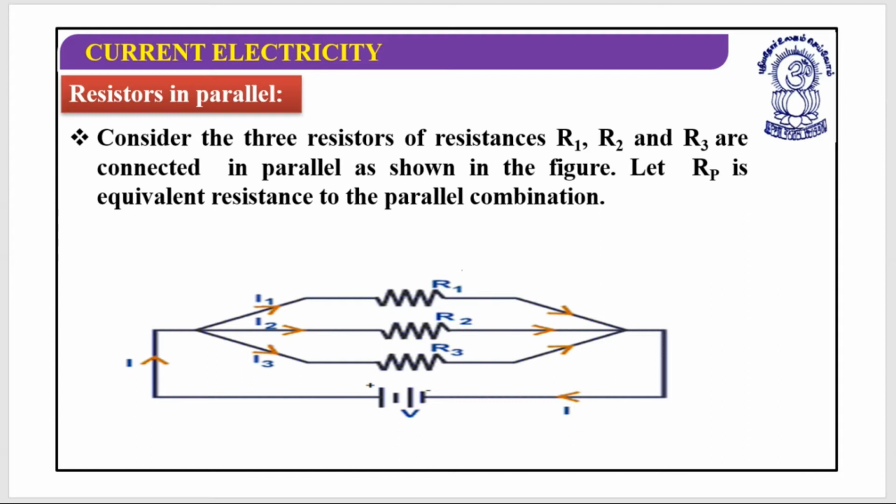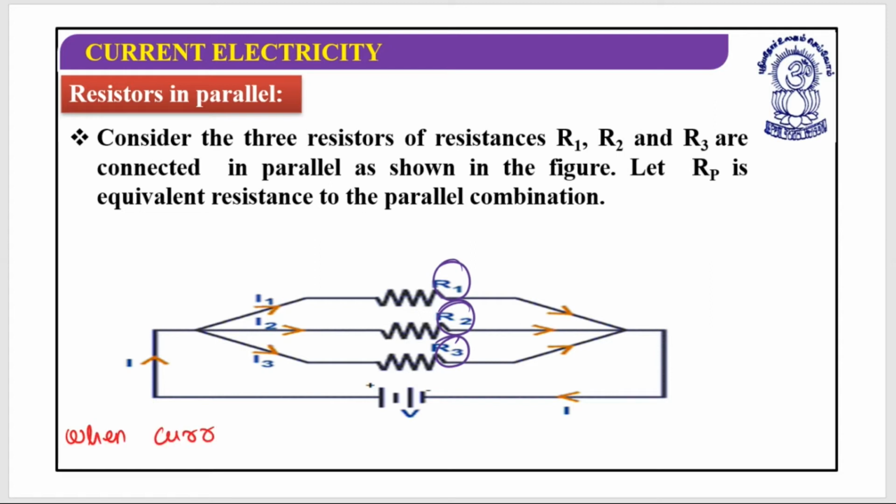Three resistances are there, R1, R2 and R3, and they are connected in parallel. Now the first and very logical question is how one should know whether resistors are connected in parallel or in series. How can you identify that these resistors are in parallel or these resistances are in series? Because as an examiner, I am not going to tell you that these are connected in series so apply these relations, or these are connected in parallel so apply those relations. So what you need to consider is that when